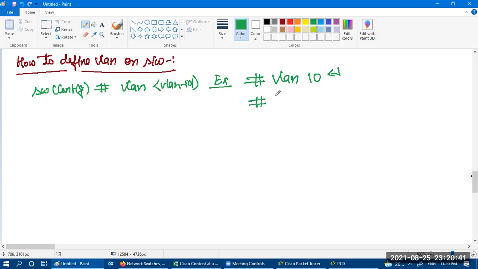If you want to define a name for this particular VLAN, you can use the name keyword also. So, say your name is test 1. So VLAN 10's logical name is test 1.